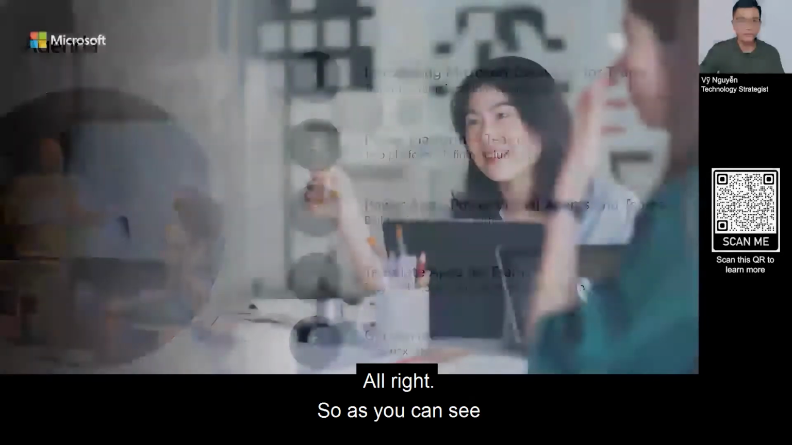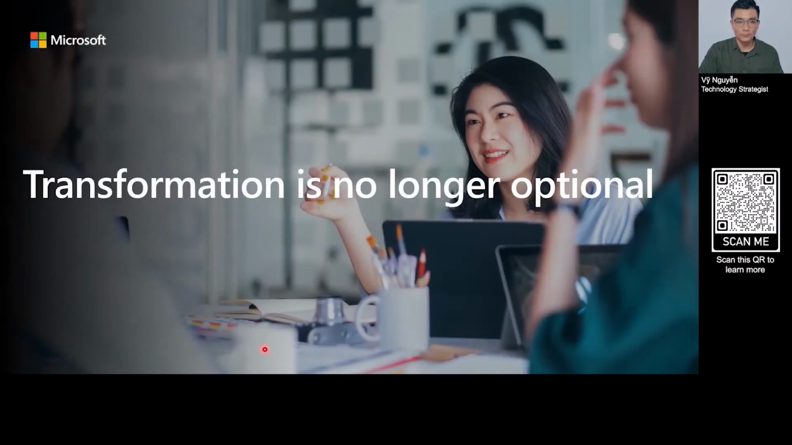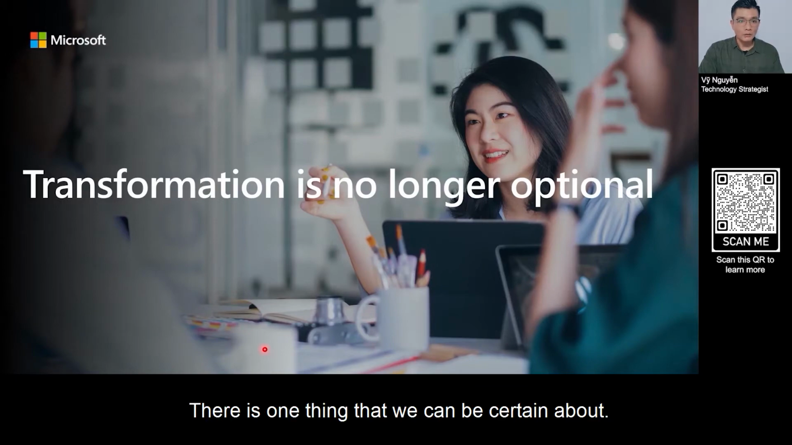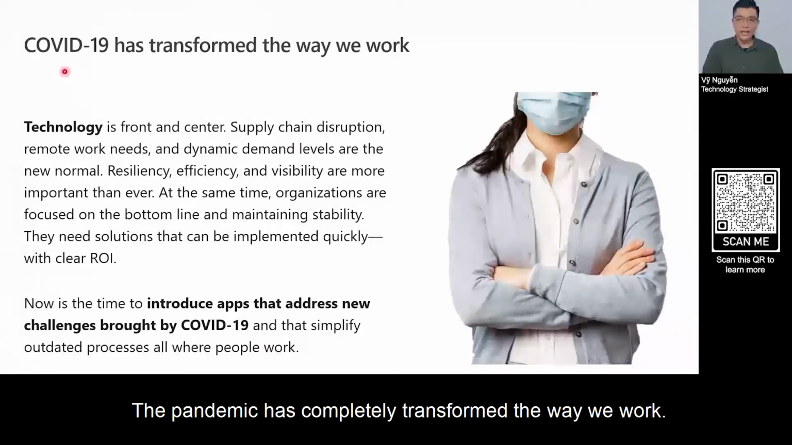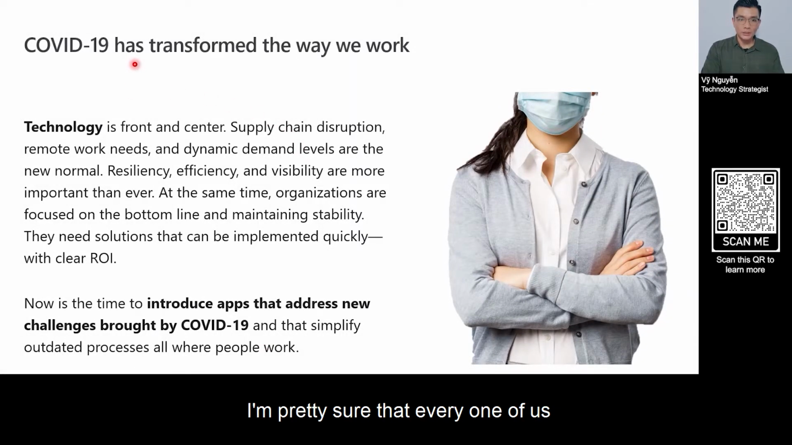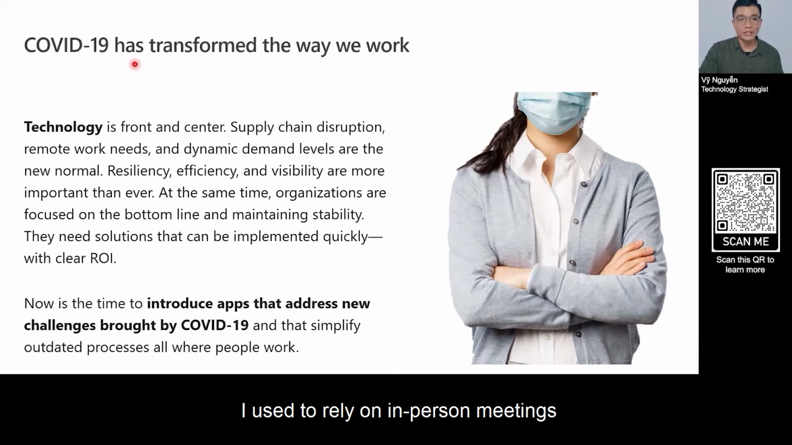All right, so as you can see in the slide, transformation is no longer optional. There is one thing that we can be certain about. The pandemic has completely transformed the way we work. I'm pretty sure that every one of us must be impacted by COVID-19 in one way or another. I used to rely on in-person meetings to build trusted relationships with my coworkers and customers. And now I'm doing so